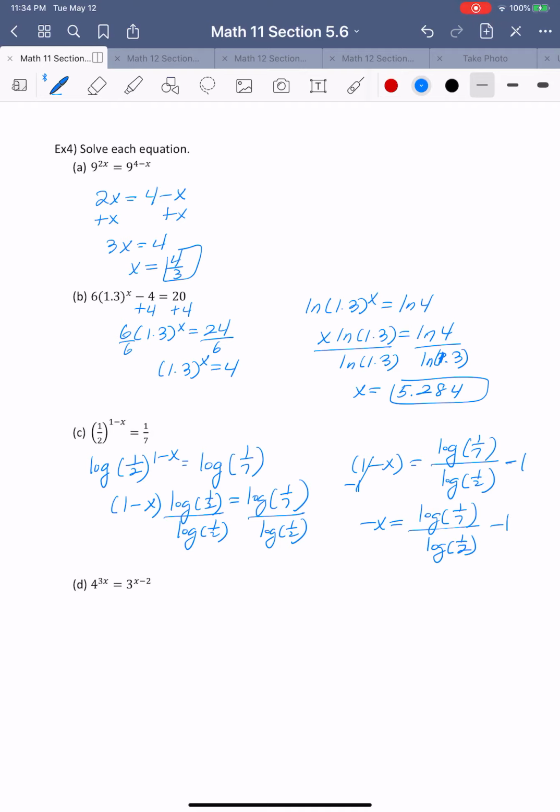Then multiply by -1 on both sides, and I get 1 minus the log of 1/7 over the log of 1/2, which is